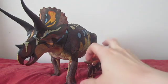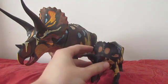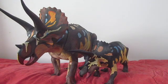And, just to showcase, between the subadult and the adult, as I have before in a previous review, there is the subadult Triceratops with its parent, and you can see it is absolutely gigantic compared to the subadult. Just incredible. Now, comparing these both with the 1/6 scale figures,